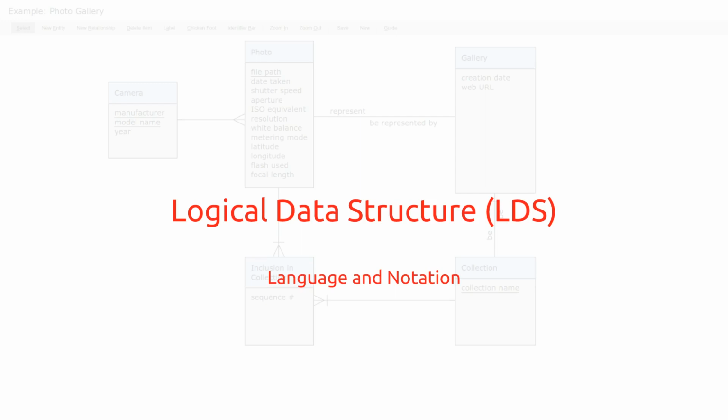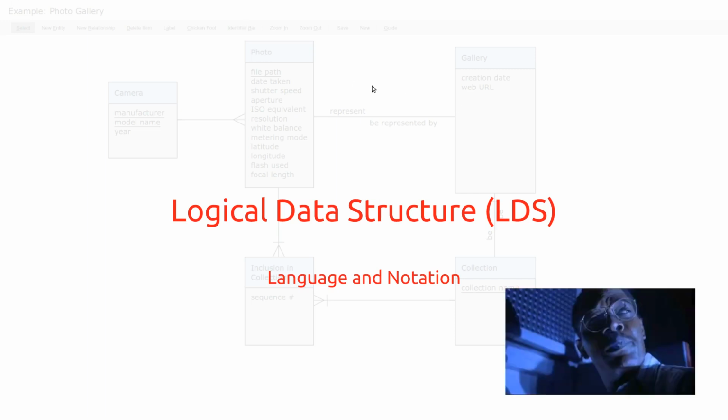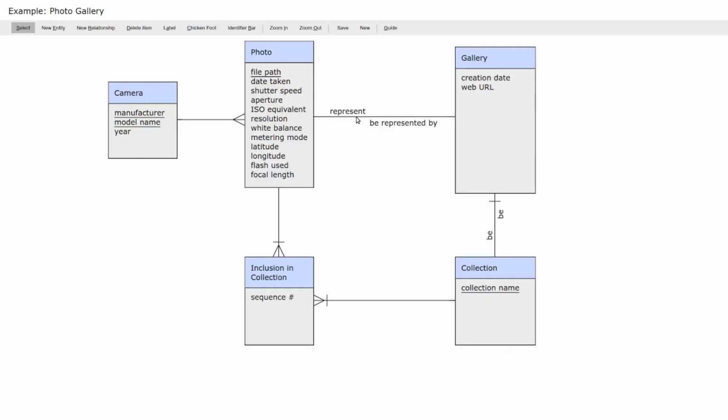By the end of this video, I'll expect you to recognize and count the various components of a logical data structure. Rest assured, I do not expect you to understand what all of these symbols mean or how we use them, but this is dense material, so hold on to your butts. Alright, so here's an example of a data structure for a photo gallery application. Again, there is a lot here. We will break this down piece by piece.